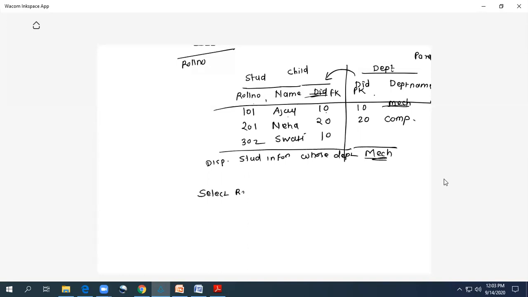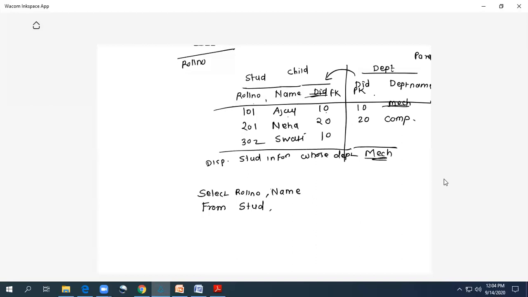Select roll number and name of the student. From which table do I want to retrieve this data? My roll number and name exist in the student table. So from student, my table name will be student. Here also many students make mistakes. Here we can't use the department table, because roll number and name exist in the student table itself, so the department table is not required. When it is a join query, we can use both the tables, but we have not yet covered the join query syntax, we are only talking about subqueries here.